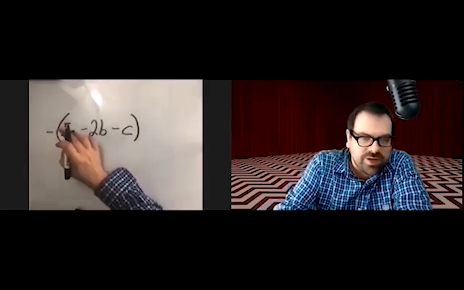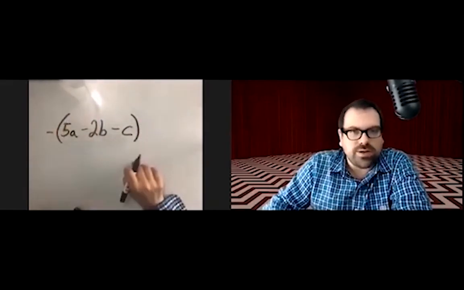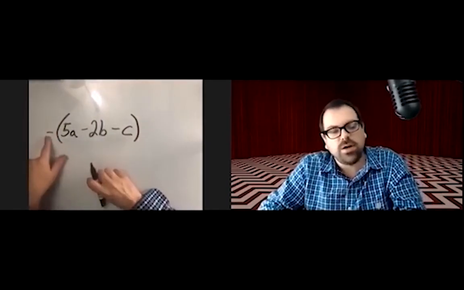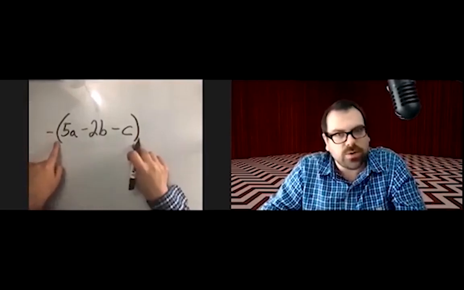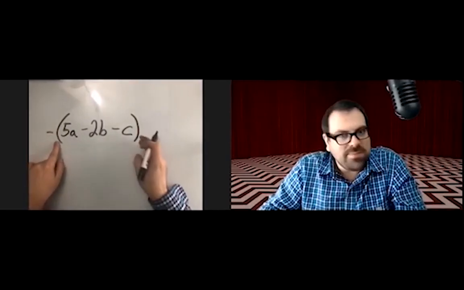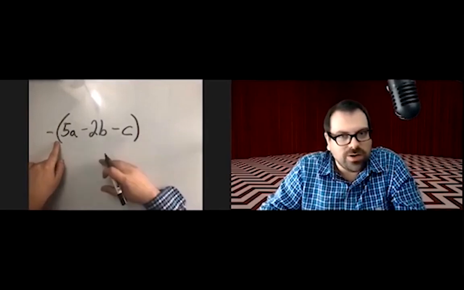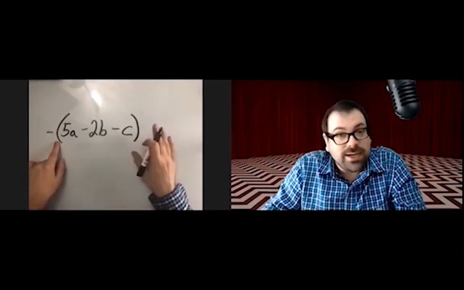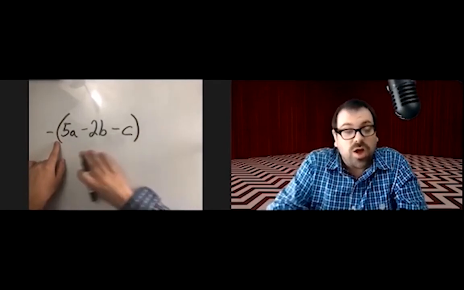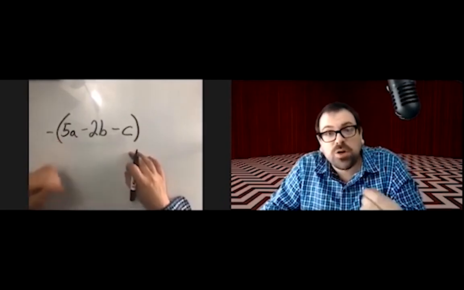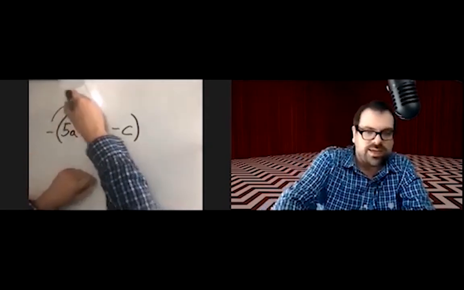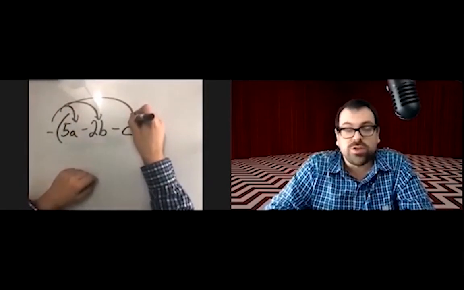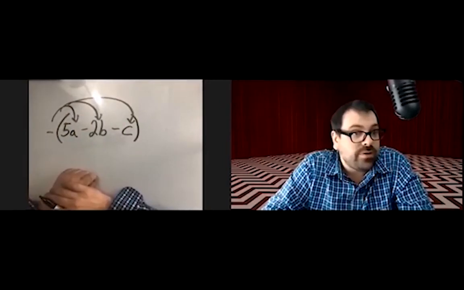It's imagining parentheses around it, because the parentheses are what keeps it the whole thing. If we are subtracting this, we are subtracting in parentheses the whole thing. Why am I beating this into the ground? I did that earlier, and I think I had a point. The point here is, how do we clear parentheses? We distribute. So taking the opposite of a polynomial is the same as distributing the negative,